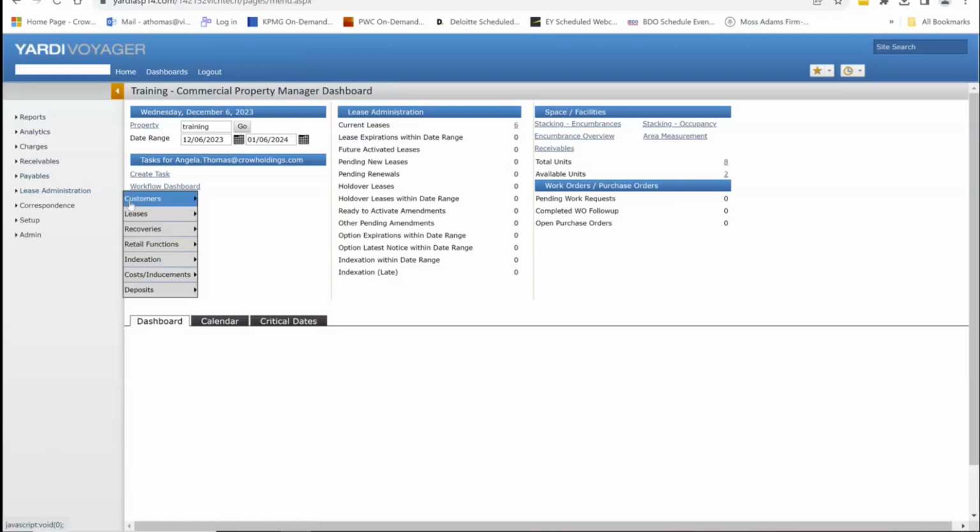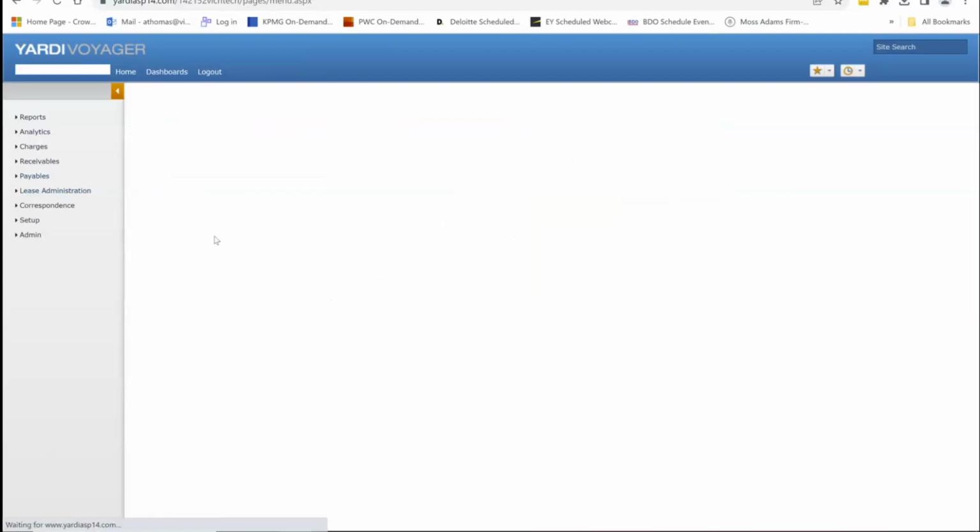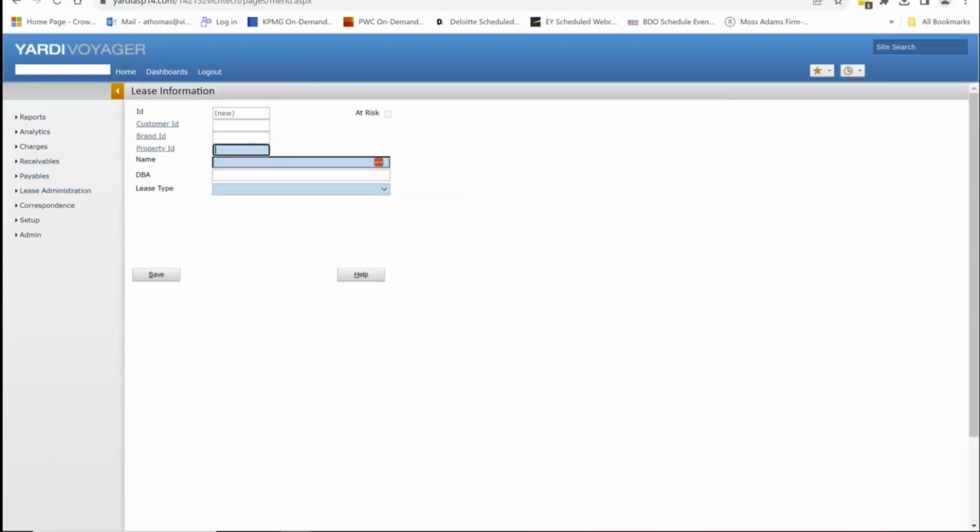Go to Lease Administration, Leases, Add Lease. I'm going to put in my property ID. And then I'm going to put in my lease name. We are asking that you put both the legal name per the lease and the DBA name on the same